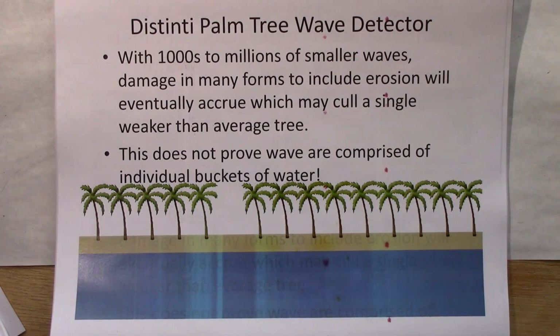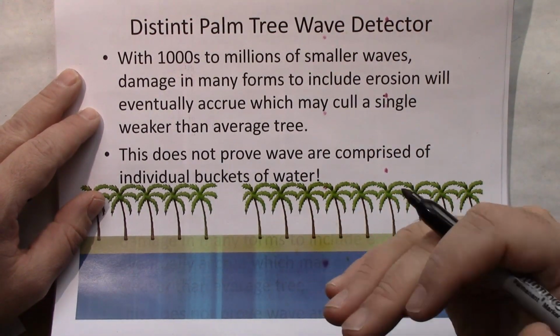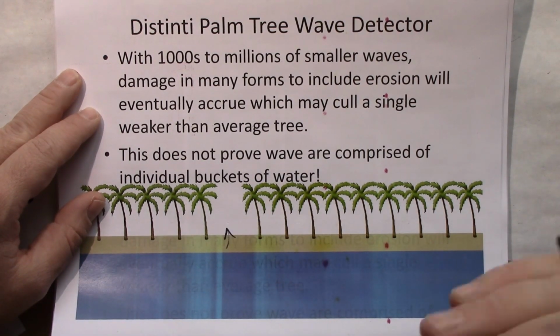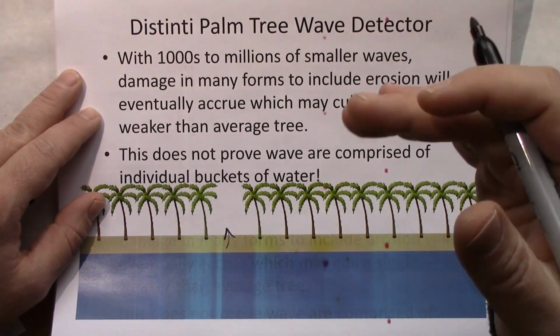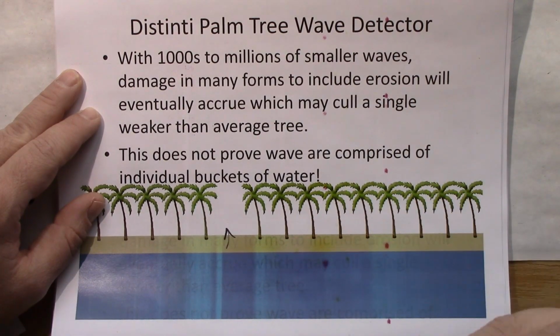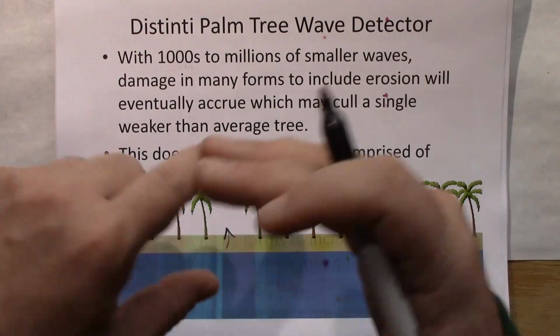well, eventually, after maybe thousands or even millions of smaller waves coming in, you're going to have enough beach erosion that a tree that is more susceptible, maybe an older tree or a sick tree or a tree that has an infestation, maybe a tree that gets hit with a little bit of wind, kind of like noise, one tree might fall due to wave action. But again, that's going to take millions or thousands. This is like exposure. If you have one big bright wave, you knock them all out.